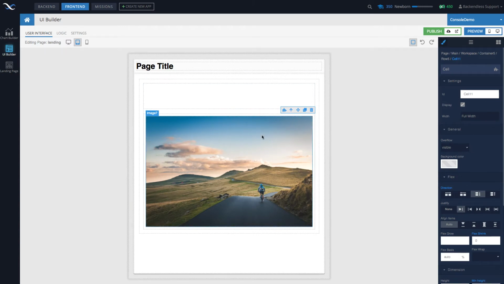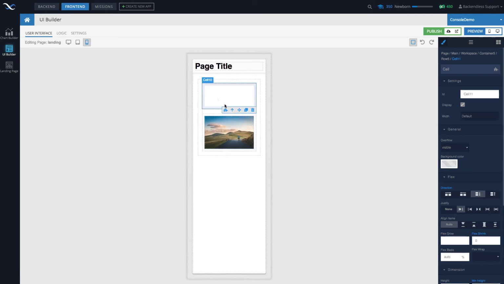Any logic you assign to them, it is going to be exactly the same. Any decorations such as borders, shadows, they're all going to be exactly the same between desktop and a tablet. But the layout as far as the width, it is going to be different. And you can go back and forth and see exactly how it is going to be laid out. And you can repeat exactly the same thing with the phone rendering.